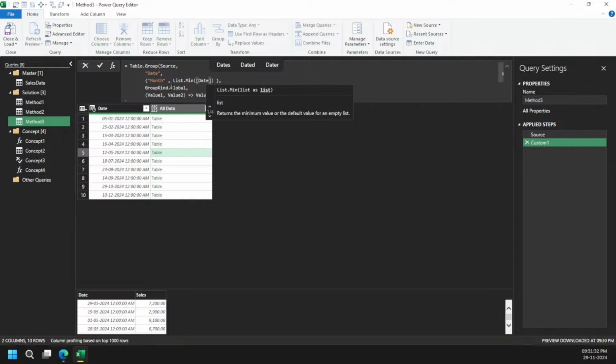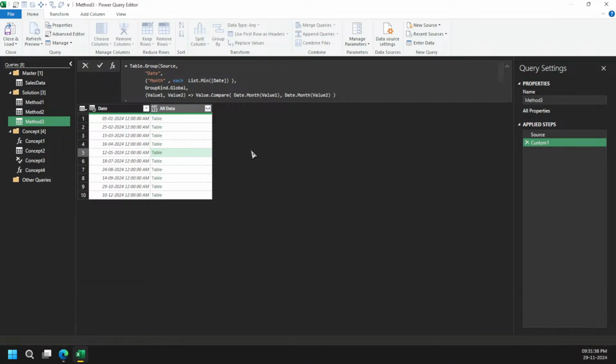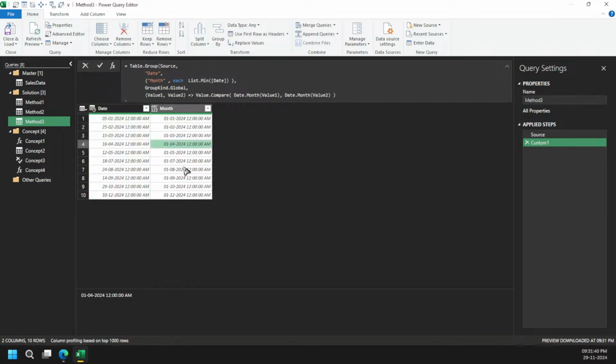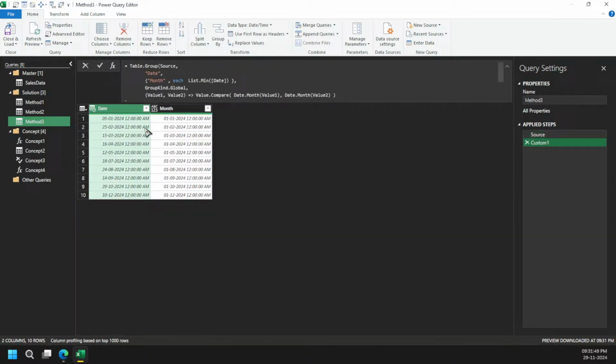Got it? And let me put the each operator first. And now what can I do here? The list minimum part, and you can see here I have got the first date of the month. Got it? Because I always had the first date here. That's the reason. Otherwise it will throw you some other value. Not a problem, we just wanted the month part.